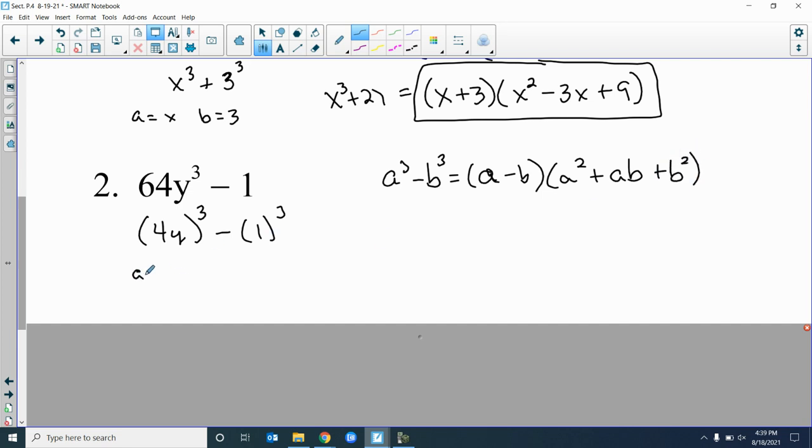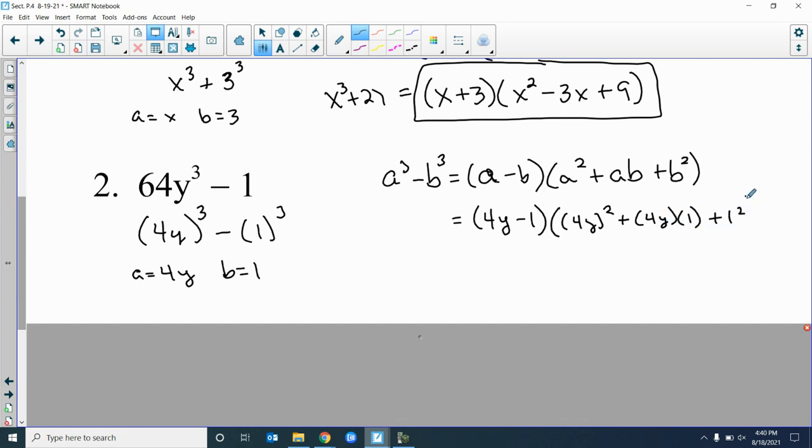Here we're going to let a equal 4y, b is just equal to 1. So a minus b becomes 4y minus 1. These signs will not change. You always use, like if it's a minus, do not put minus 1 in parentheses cubed. It's just the 1. A squared, now this is where I do see mistakes. That is 4y, I'm going to take 2 steps here. To the second power, you got to put it in parentheses. Plus 4y times 1